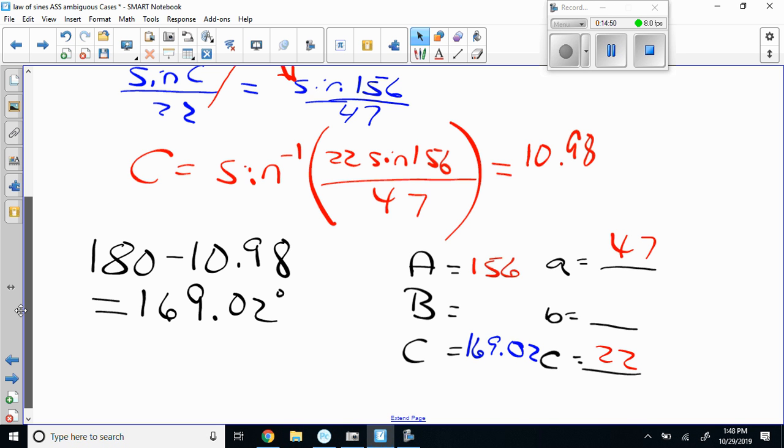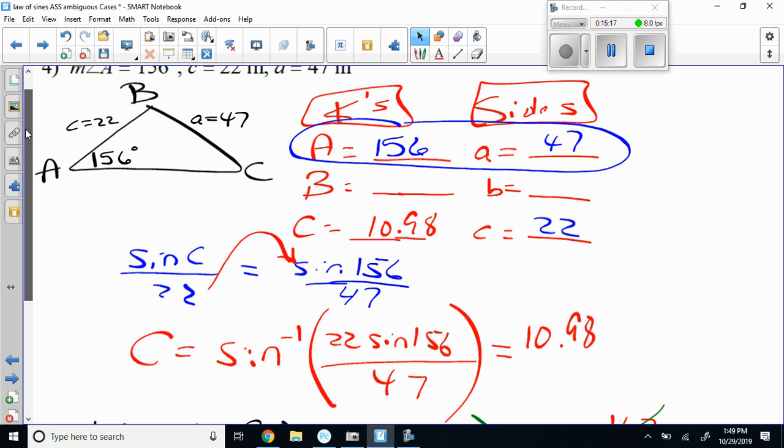Because if I add these two together and they're less than 180, then I can fill out the other, and I'll have two. Okay? Now, 156 plus 169.02 adds up to more than 180. Boom. I ain't got two triangles. I only have one, which means